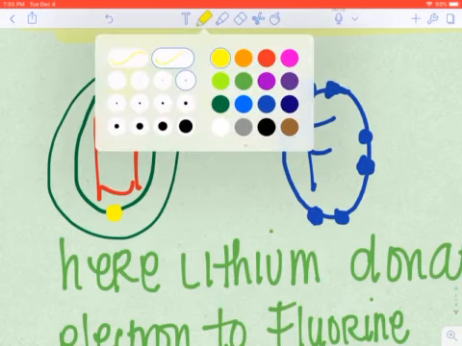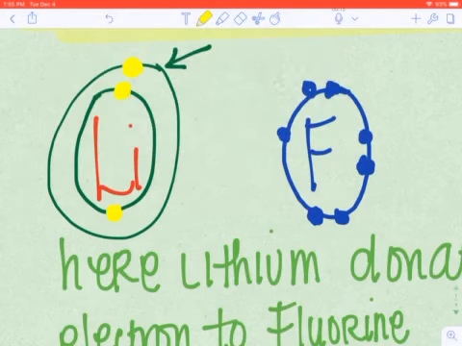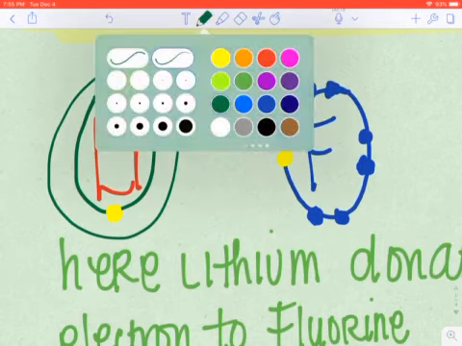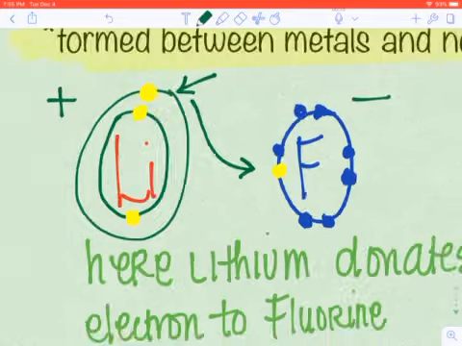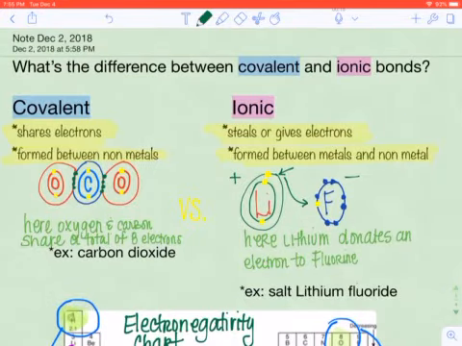So sure enough, lithium is going to take its outer shell electron and it is going to give it over here to something like fluorine. And that donation right there causes these two atoms to become ions, because lithium now lost an electron, and so it is going to be a little bit positive, and fluorine gained one, and it's going to become negative. And so what you have here now is this attraction between a positive and a negative ion, and that is what we call an ionic bond, is that attraction. So these are salts over here usually that are ionically bonded, and covalent are things like water and sugar and